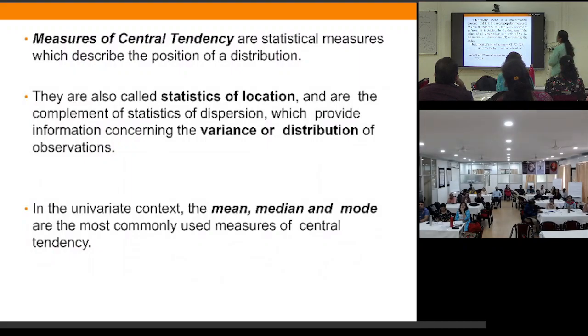N is always what? The sample size, or the number of observations constituting the series. Thus the mean of x1, x2, x3, up to xn is denoted by x bar and is defined as summation x upon n, the sum of all the observations divided by the number of observations. This is very simple. We have totaled and divided by 10. Simple, just one exercise. So basically how can you do this for a very large data set?